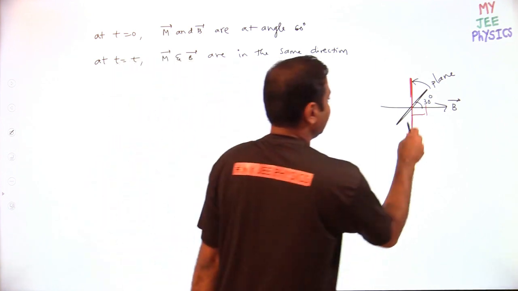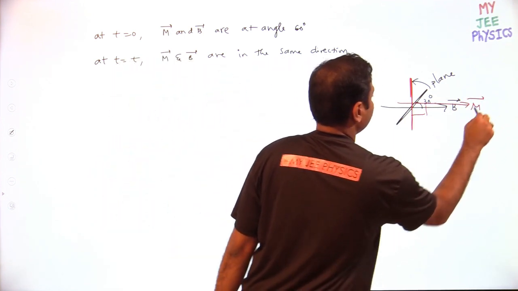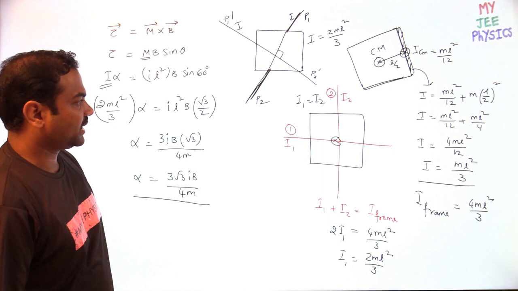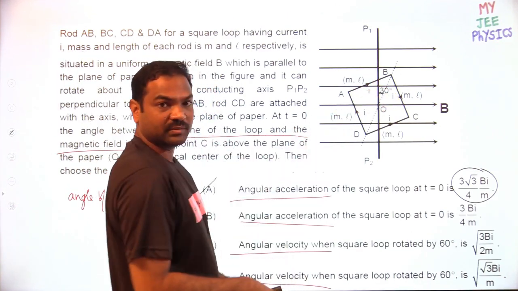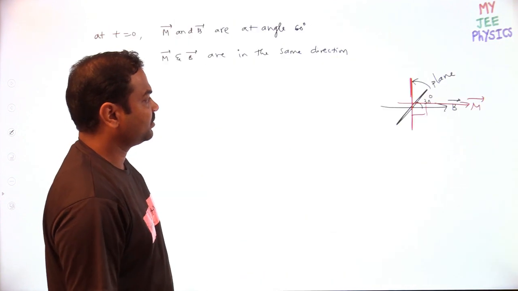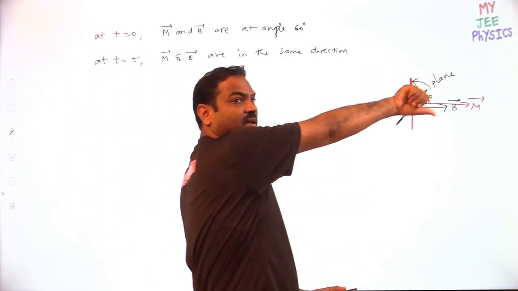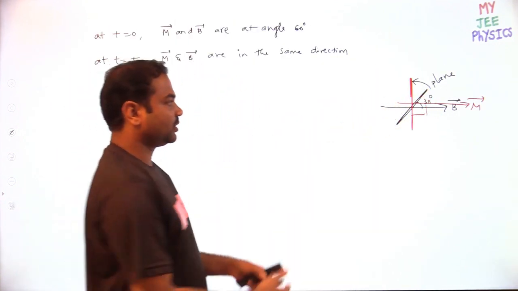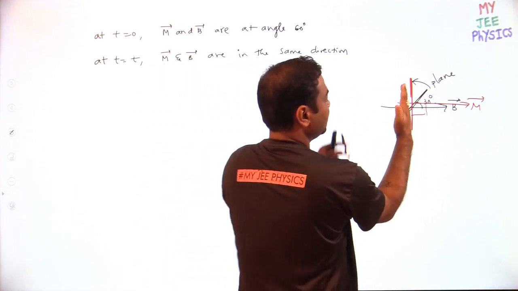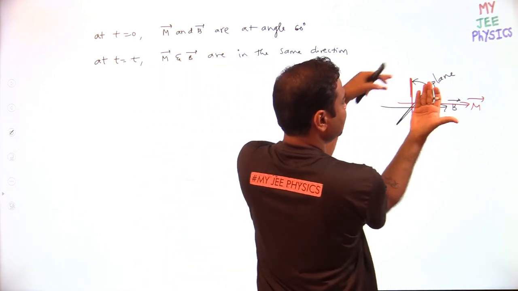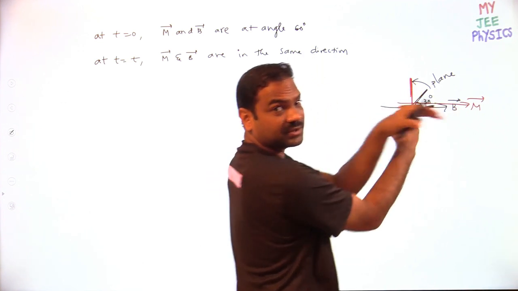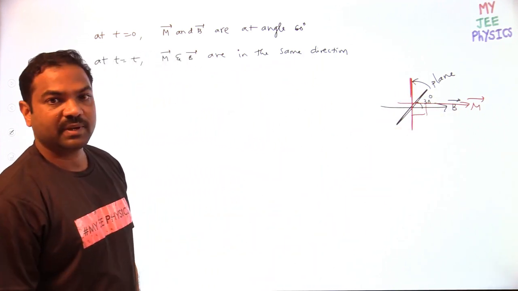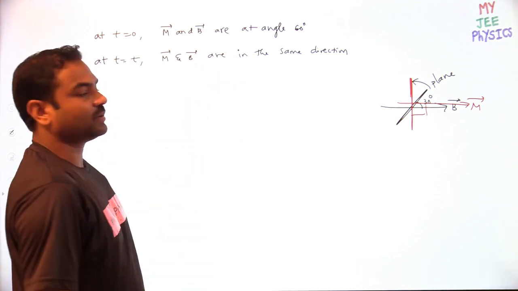Then how is the m bar? I am taking m bar in this way because it is into the board only. You are getting something like this. See, curl your fingers along the current direction. You are getting into the board. So as it is into the board, I am taking it in the direction of the magnetic field, into the board. If you rotate, it will be something like this. See, this is into the board, pen is into the board. If I rotate 90, it will be in the same direction. So m bar and b bar will be in the same direction. So the angle between them is 0.